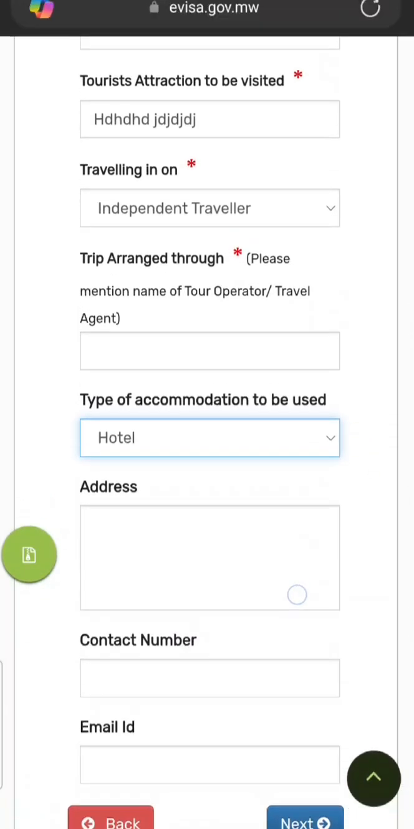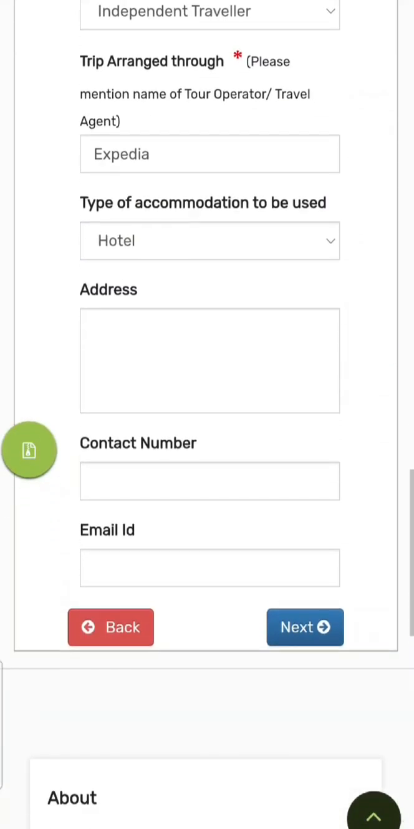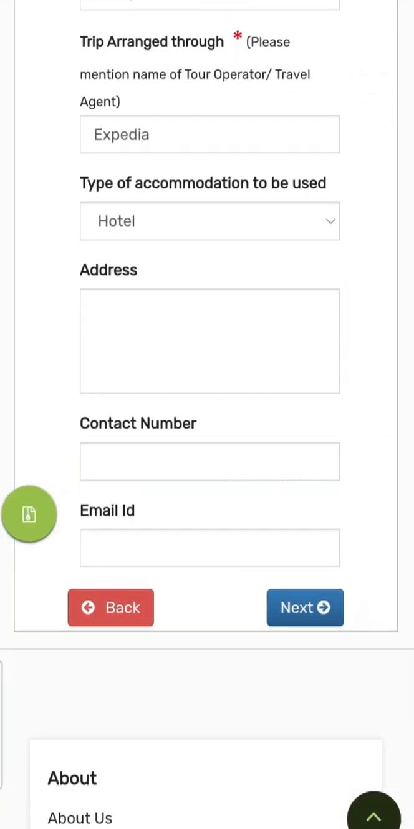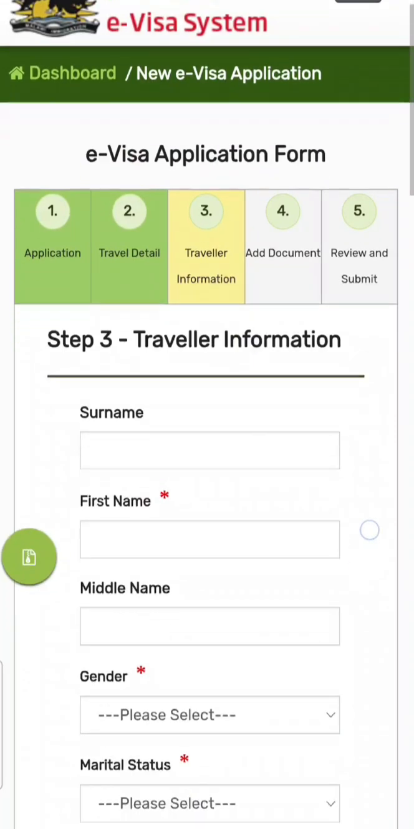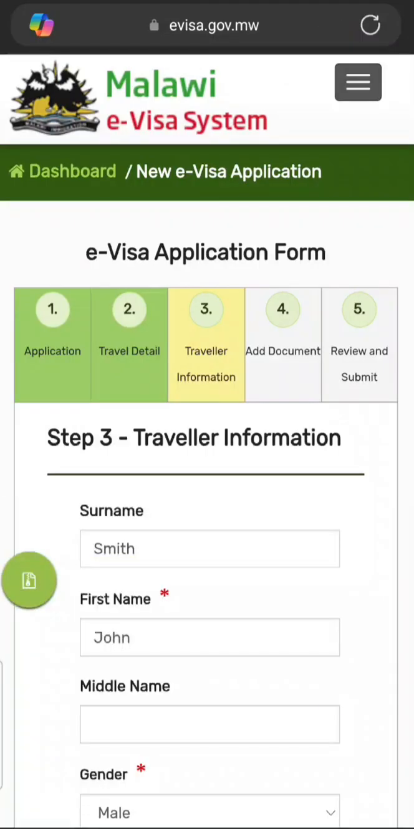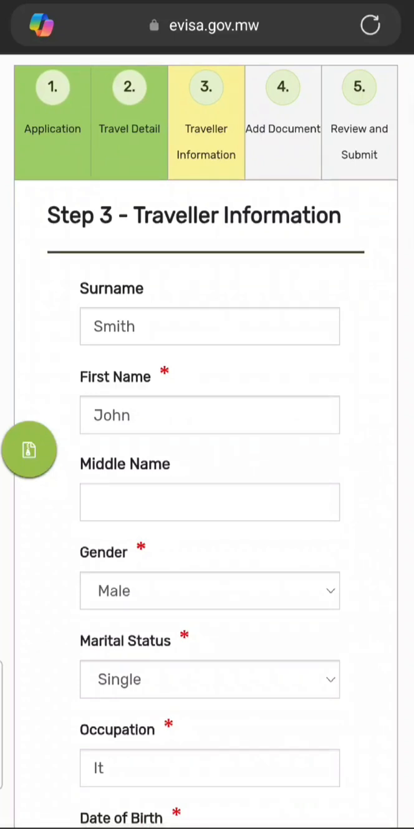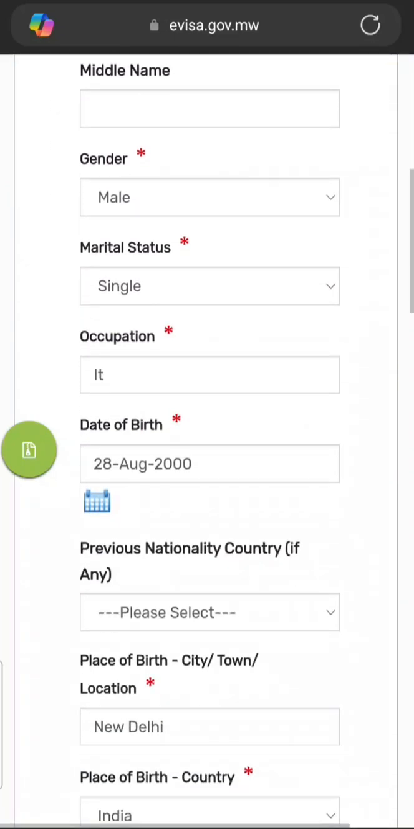So it's asking for hotel details and trip arranged through, so whichever, for example if you have booked through Expedia, you can put that. Just a sample, guys. I'm leaving this detail, but why would you do that? Just do it. Traveler information: in traveler information, put your surname, first name, middle name, gender, marital status, occupation, date of birth, previous